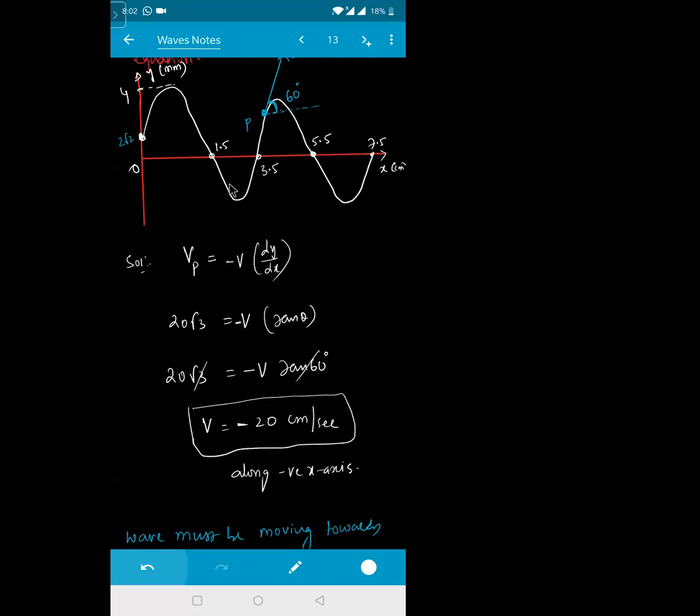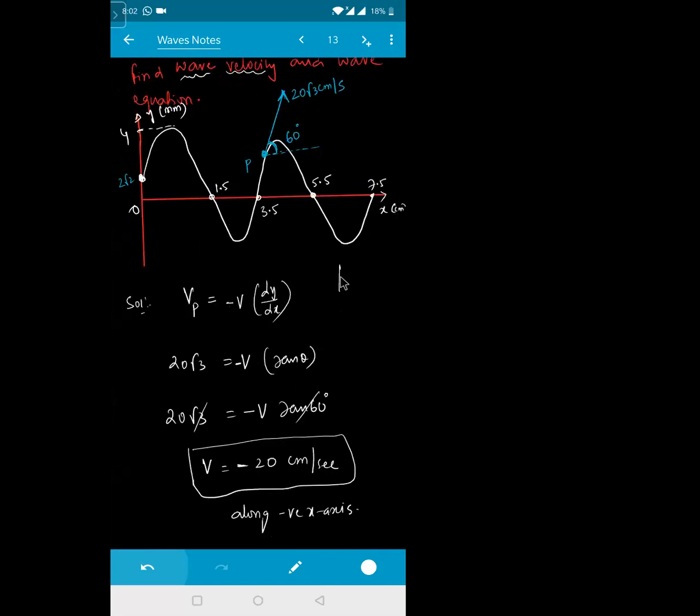But then why did you tell me 3.5? See, 3.5 would be when we start from the origin to here. But it is not 3.5 because it is not starting from the origin. So from this position to this position again. Or else you can take it from this one. This complete wave will be equal to this much: 5.5 minus 1.5. That will give me the wavelength. How much is it? 4, sir.